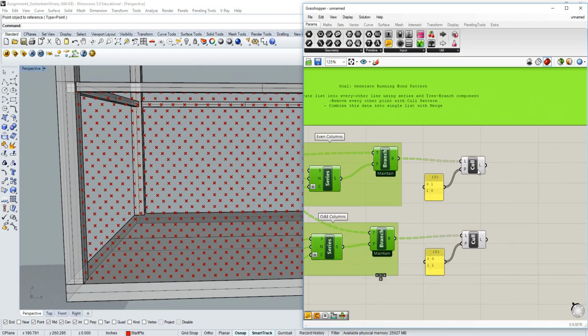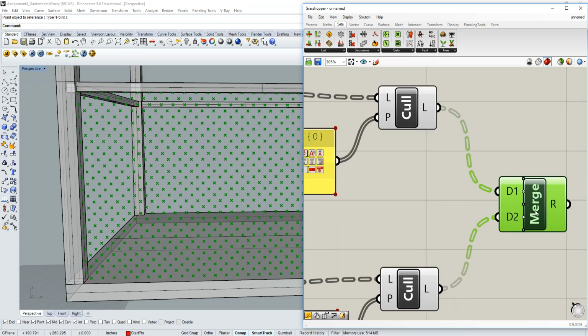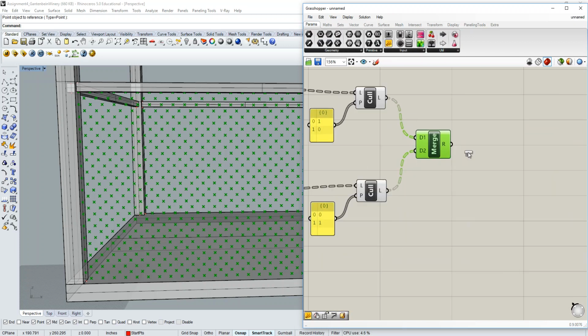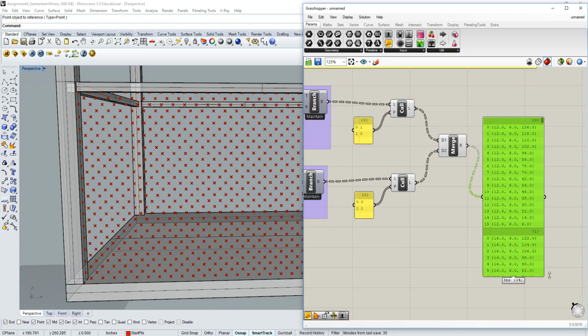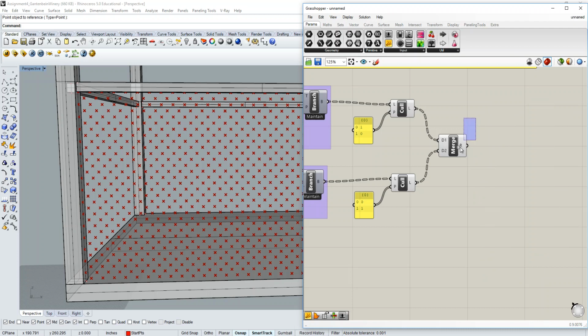Now what we want to do is go in here and merge these 2 things together. To do that, go to Sets, Tree, and Merge. Just run one into D1, the other into D2. When D3 pops up, you can leave it, or I like to clean it up and just eliminate that. And now you'll see what we get are all the lists of data, all the columns in order. So here's the 0 list, the 1 list. Notice the odds and the evens are now mixed back together because they had the same data structure. It assumed they were the same info, so it went 0, then 1, then 2, then 3, and so forth. Now we have all of our info